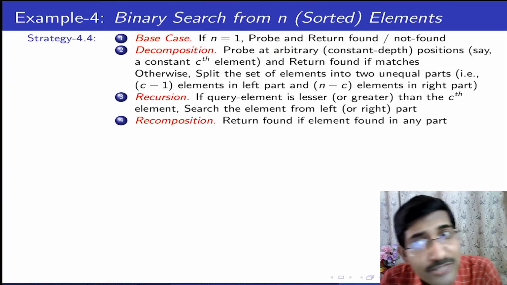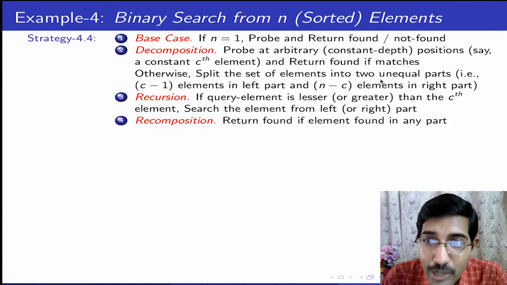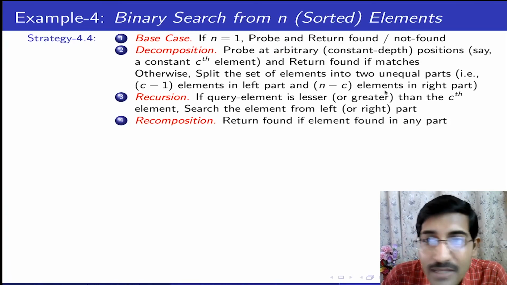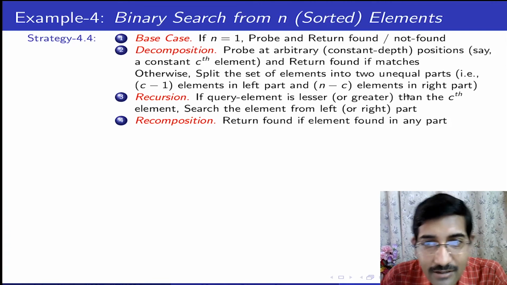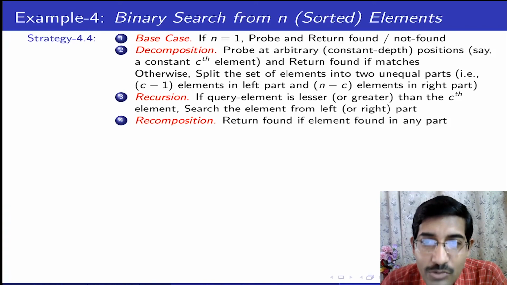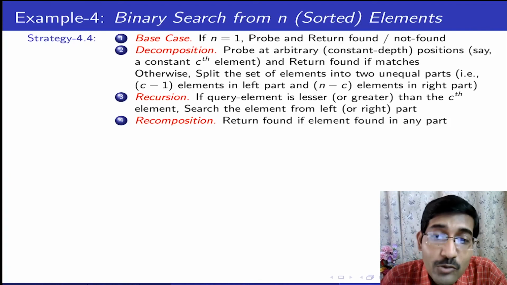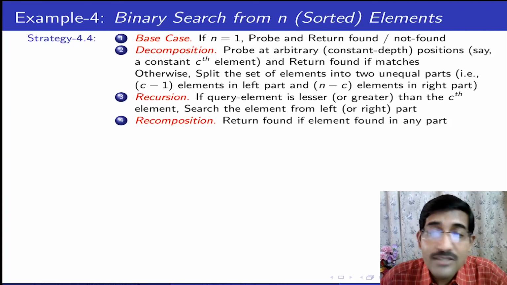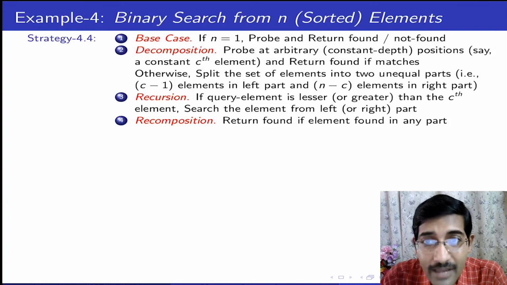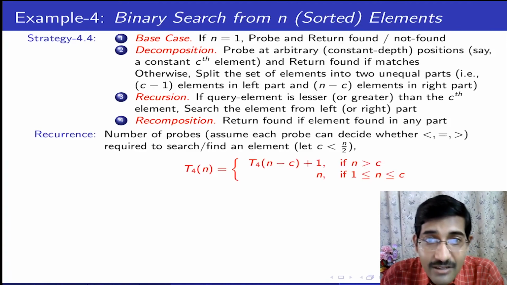How about constant splits? You have not checked that. Let us check that. I will split into two unequal parts: constant c minus one element where I probe, and then n minus c in the right part. See, the sorted array and probing a position always gives you the handle to check whether it is more or less, and whether to go for the next iteration on the left side or the right side. So that is an immense help for us in binary search than in a linear search on an unordered array.